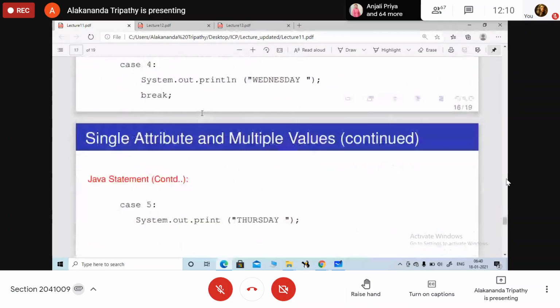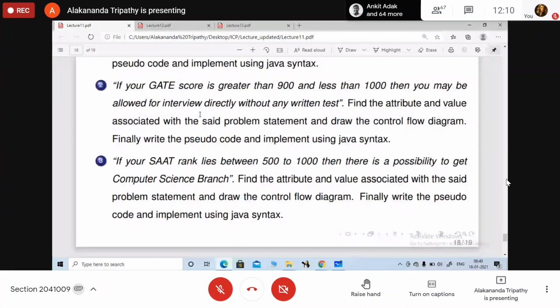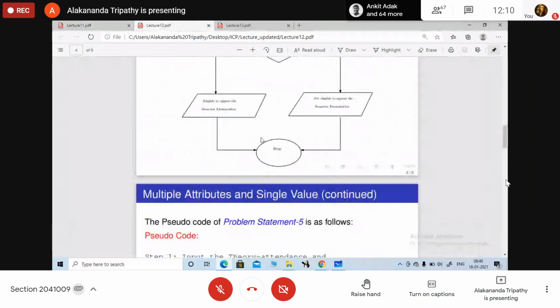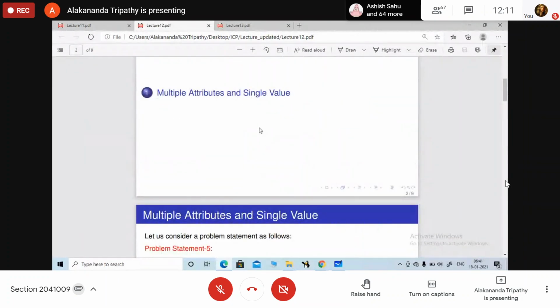So this is the example with the switch case. I will move to the next one. Next slide: multiple attribute and single value.